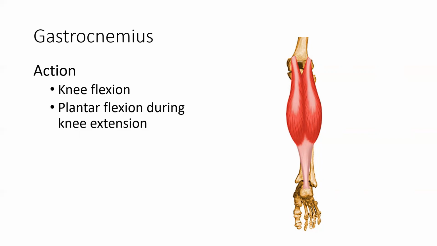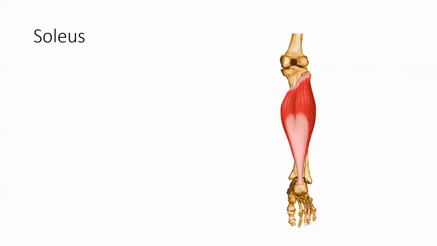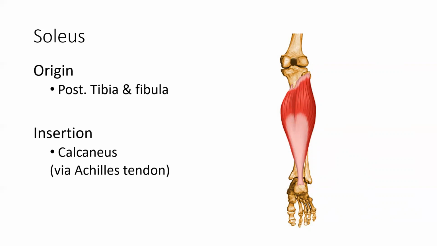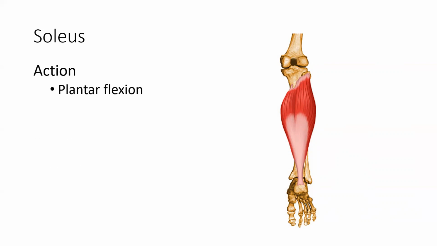But if the knee is in flexion, then soleus takes over as our primary plantar flexor. So knee position matters when it comes to plantar flexion function. The soleus has its origin on the posterior tibia and the fibula, and its insertion is on the calcaneus through the Achilles tendon. The soleus is deep to the gastrocnemius, and it is our primary, our sole plantar flexor,